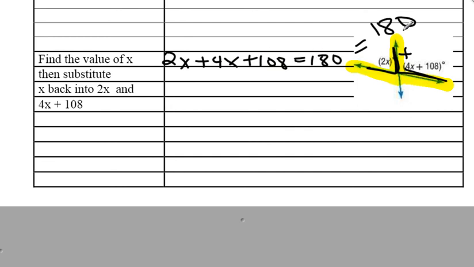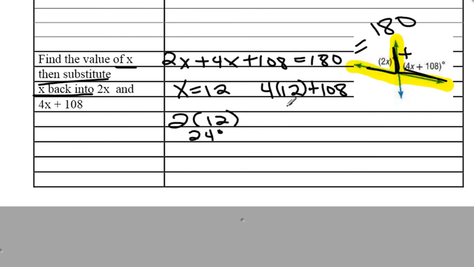Okay, I'd like for you to take a second to pause the video and solve for x. Okay, you should get that x is 12. And if you didn't get x is 12, then raise your hand. We'll work through the algebra together. We're going to go ahead and substitute our x back in to 2x. So 2 times 12, which is 24 degrees. And then substitute it back into 4x plus 108. So 4 times 12 plus 108